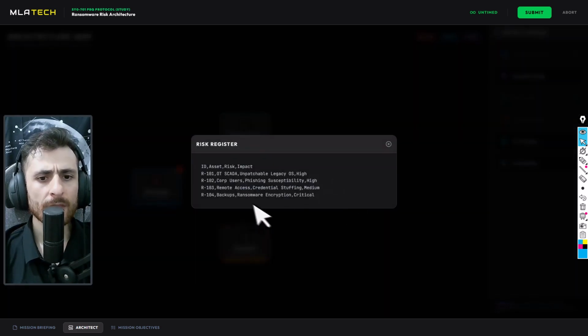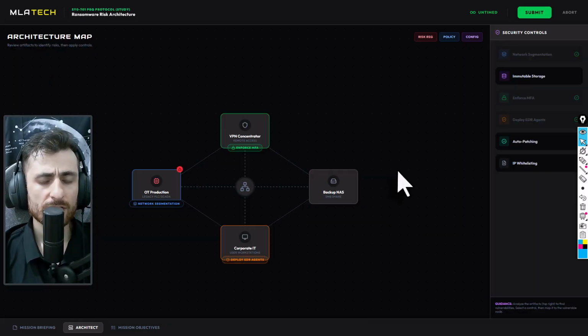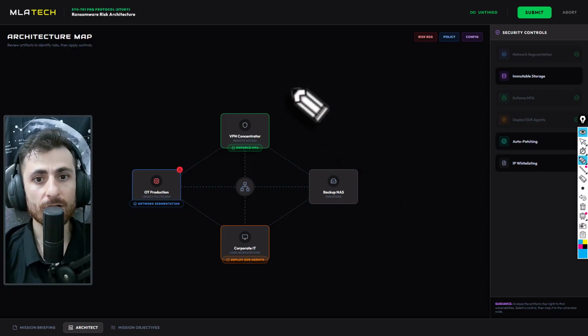Why? Because for the backups, we have ransomware encryption and the risk is critical. So if a ransomware attack happened, then they will try to penetrate the backup system as well via the SMB shares and encrypt the backup too. However, immutable storage is going to prevent that via the